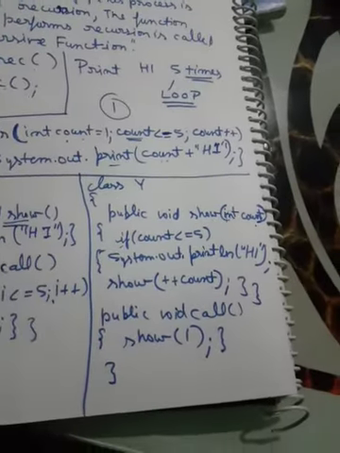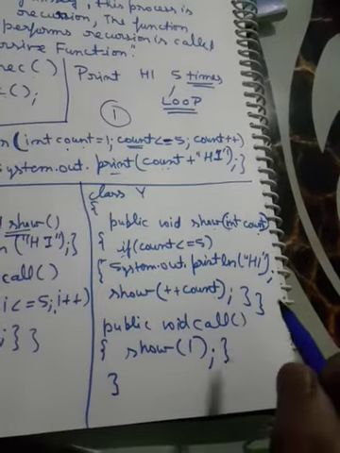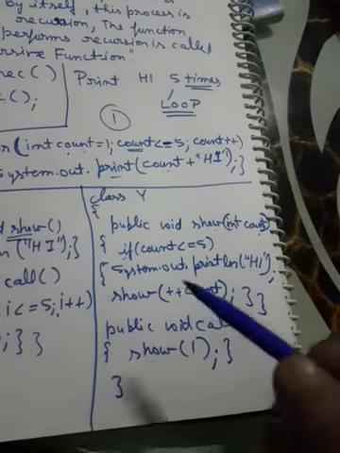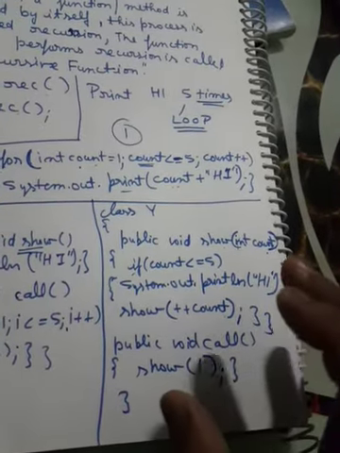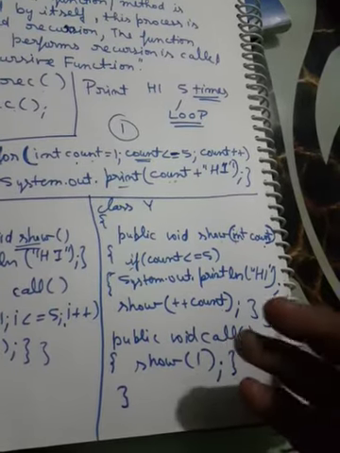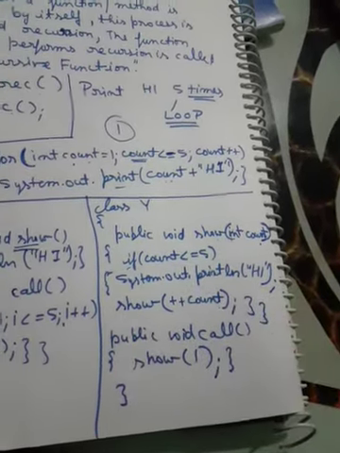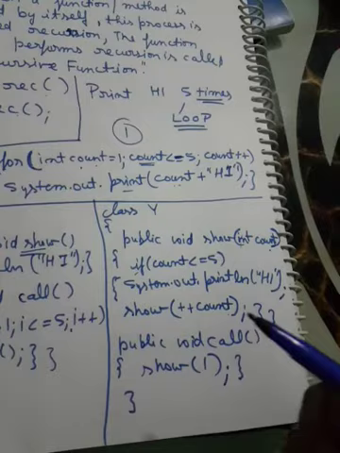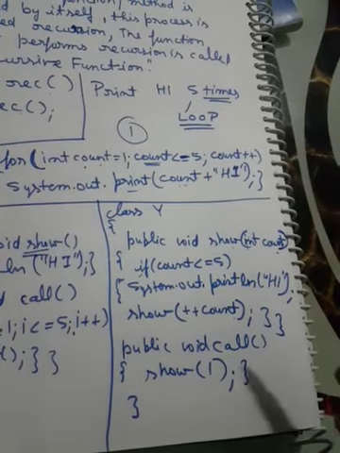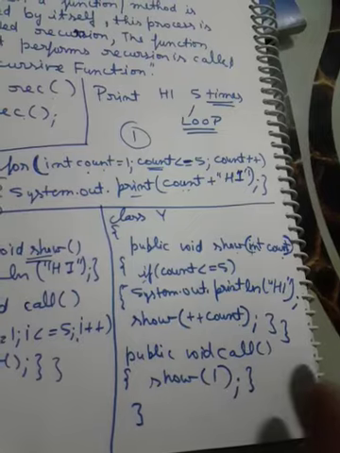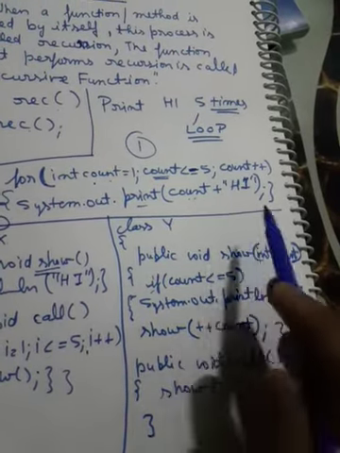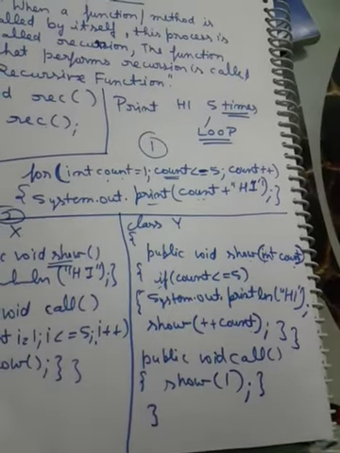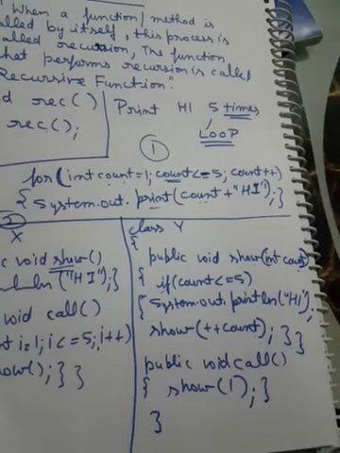Now you can see how easy it is to design a recursive function. Whenever you are stuck, you can always have the iterative solution and get the help from there. For small problems or for small programs, you can always go for this method. But later you will be having some complex problems, and by that time you will be more skilled in designing the recursive function. So at that time you do not need to go for the iterative solution or the loop to get a recursive function done. But as of now, this method is perfect. I hope everybody has understood it well. Thanks everyone.